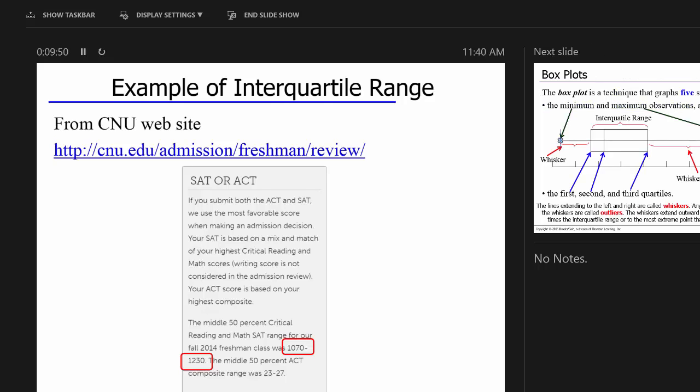So CNU actually reports, remember I told you, we had this discussion just a minute ago, right? That universities have a moving target. So they want the score to be as high as possible. So every year when CNU admits new students, Paul Trible, the president, gives a speech at the beginning of the year, and he says that we admitted so many students. The average SAT score was this. I believe every once in a while he also mentions this thing. But you can see that it says the middle 50% of reading and SAT math was, in the fall of 2014, between